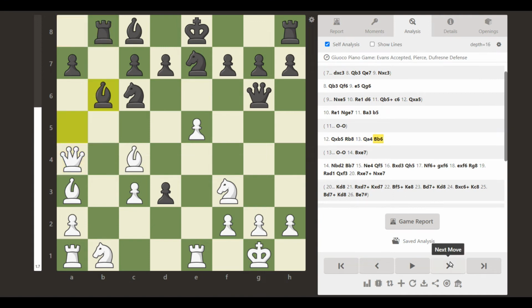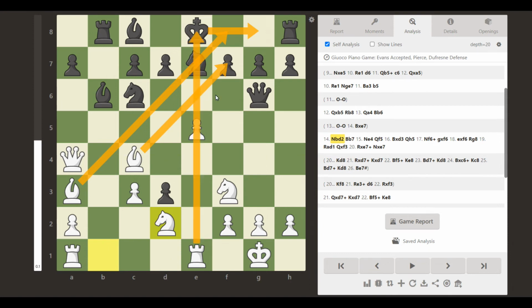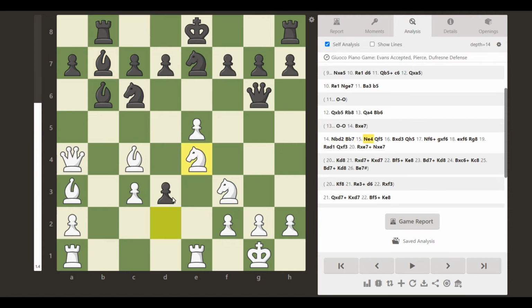And in this position, white just continues to develop naturally with knight to d2. Once again, in this position, black has the option to castle and bring his king out of danger from white's prying bishops and rook, but he once again chooses to ignore this. Play bishop e7, and white just responds with knight e4,